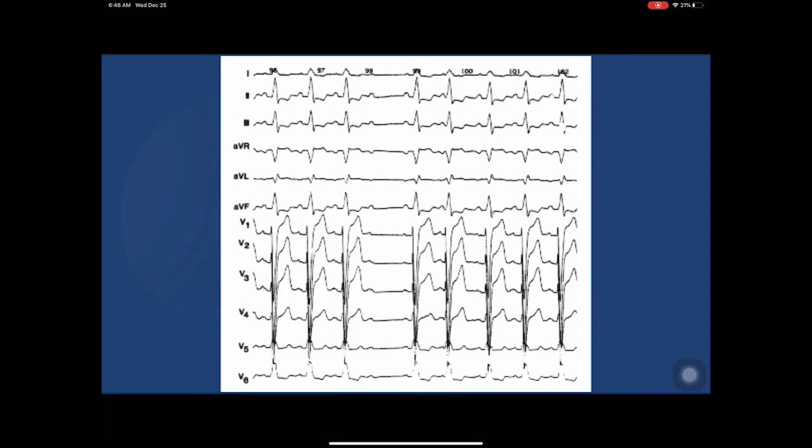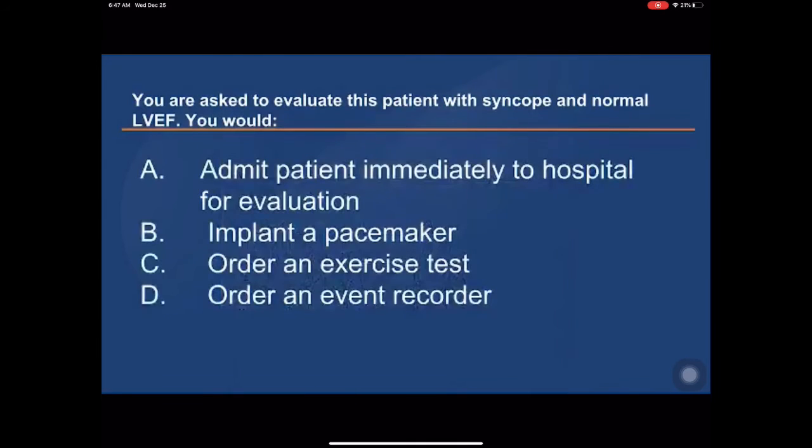And I'm going to ask you a question. I'm going to say a clinical question now. So first, that means you're going to have to figure out what's going on and then how you would treat